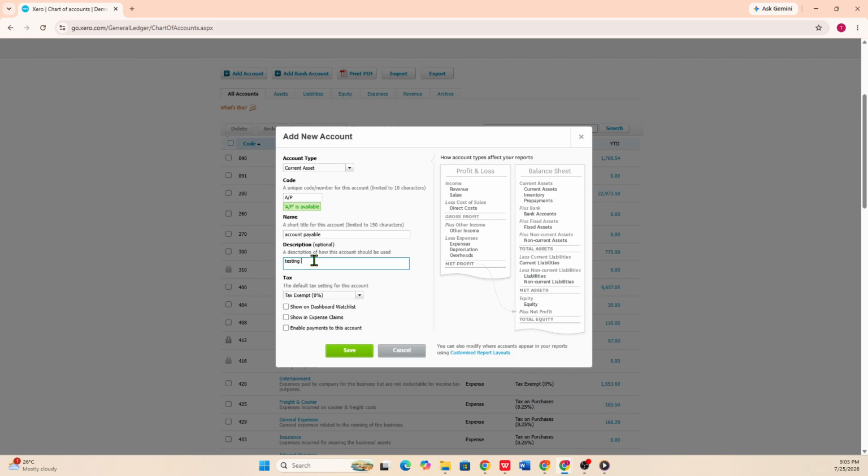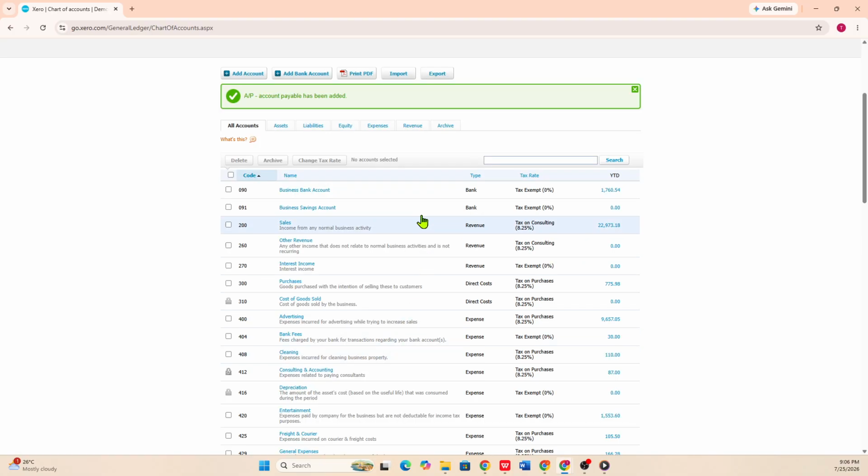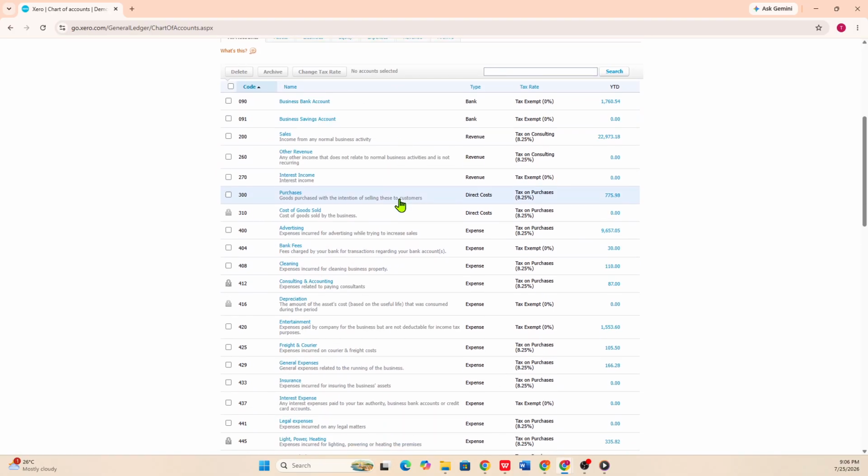You'll also see an option to specify tax information. If tax information applies to the account you're creating, select the appropriate tax setting before saving the account. Once you've entered the account type, account name, account code, description, and any applicable tax information, review everything to make sure the details are correct. When you're satisfied with the information, click Save. Your new account will immediately be added to your chart of accounts and will be available for your financial